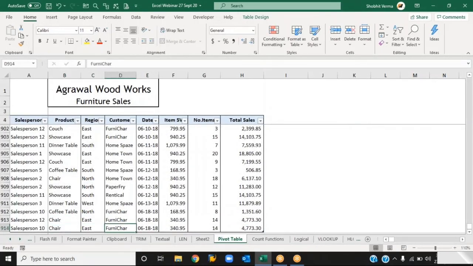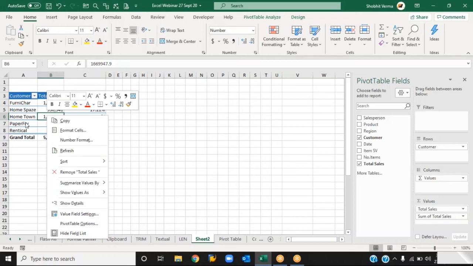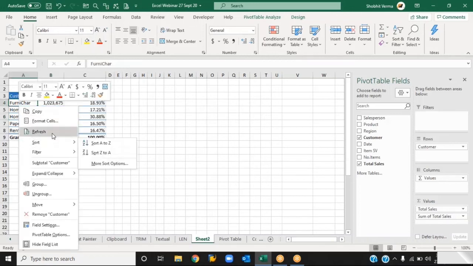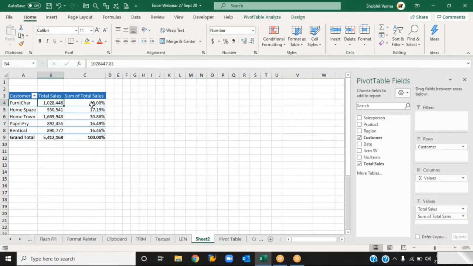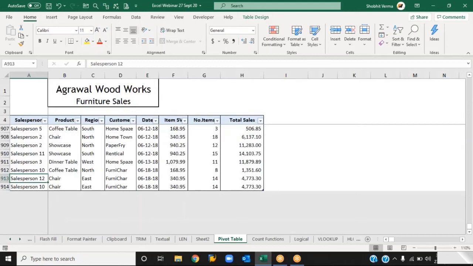For the furniture, right now it is 1023. If I want to refresh it, I right click on this and press refresh. So you can see that 1023 becomes 1028. That means it is automatically updated. You don't need to change the data area in order to include that last column. So that's the benefit of converting it to a table.